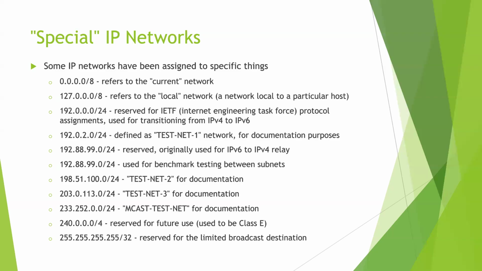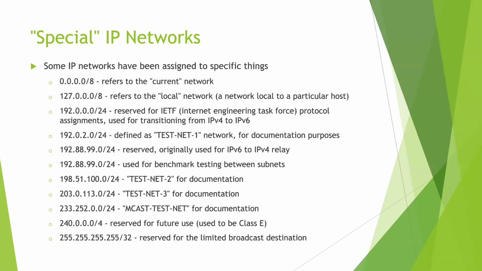So this 192.0.2.0 is defined as TEST-NET-1, and it's mainly intended to be used for documentation purposes. So if you're writing a document where you're saying, now set your network to this, you can use this network and be sure that nobody else is going to be using this out on the internet. So you don't want to use your real IP address because somebody might start sending you traffic if you do that. You don't necessarily want that. Some of these test nets, there's 3 of them that are out there, and they will be used for documentation purposes.